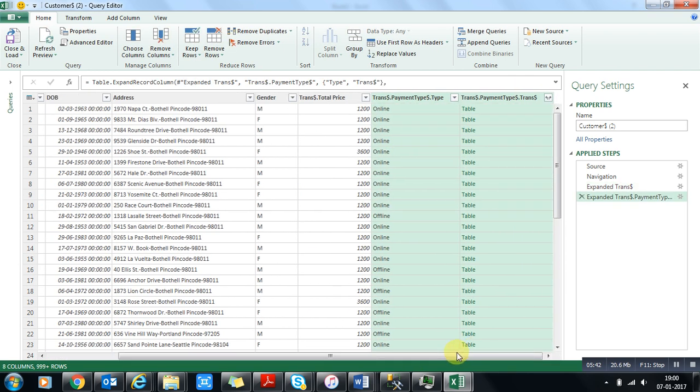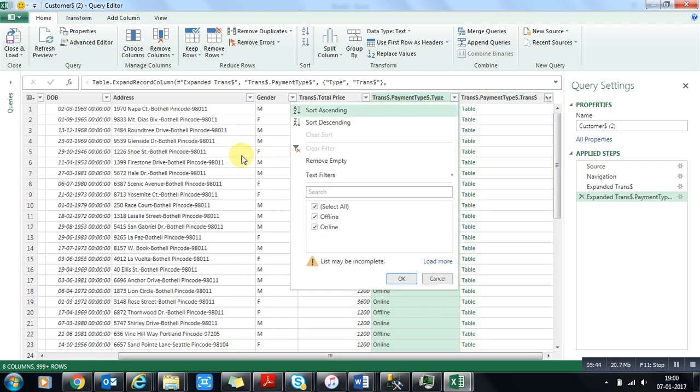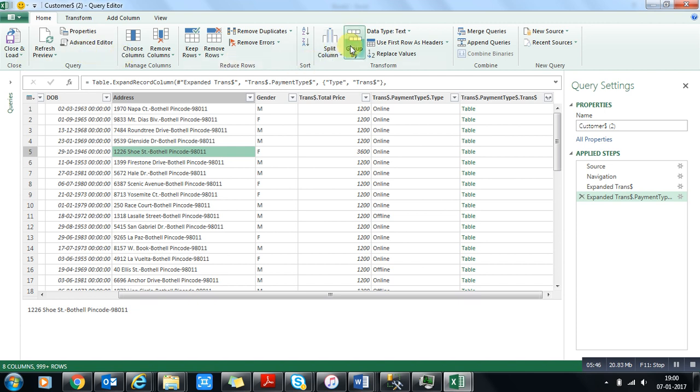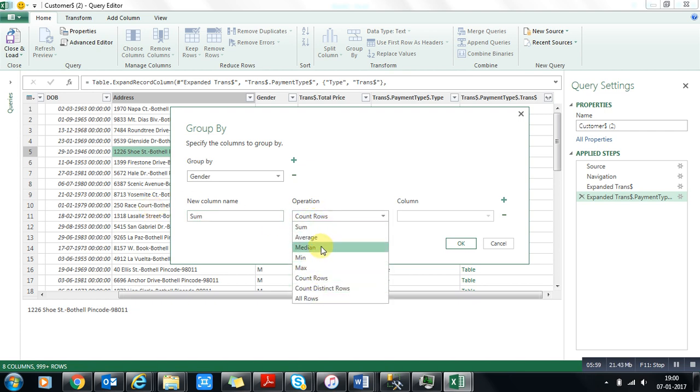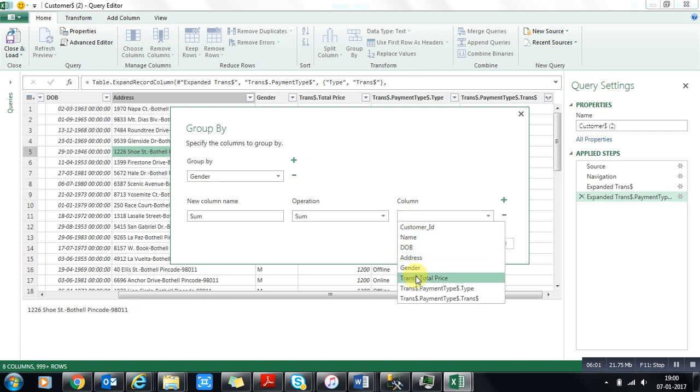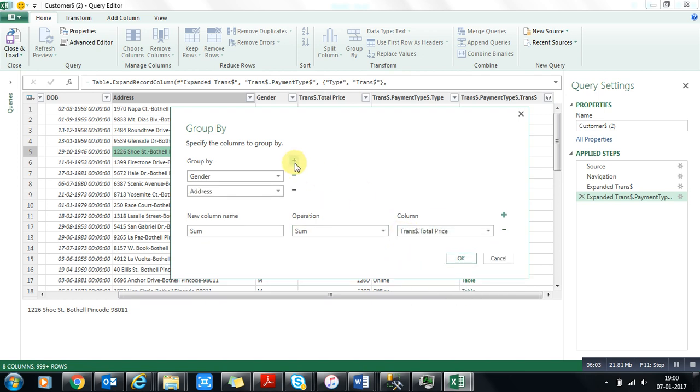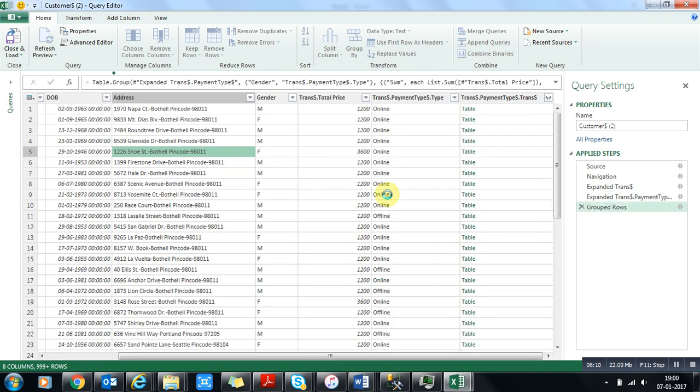And let's suppose I want to group it by male and female, and then the transaction payment made by the customer. So gender, we have the total count, sum, and the column is total price, and then I perform one more according to the payment type. So once we have selected payment type, then it will sum up all the values according to this. So this is a simple transformation which I performed to show you how we can interact with the relational database in the SQL Server.